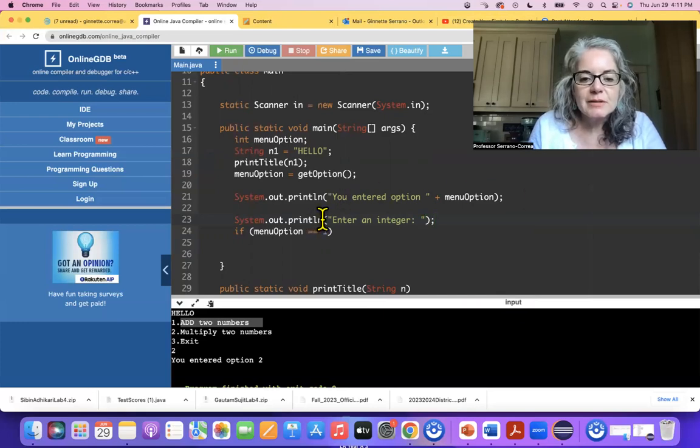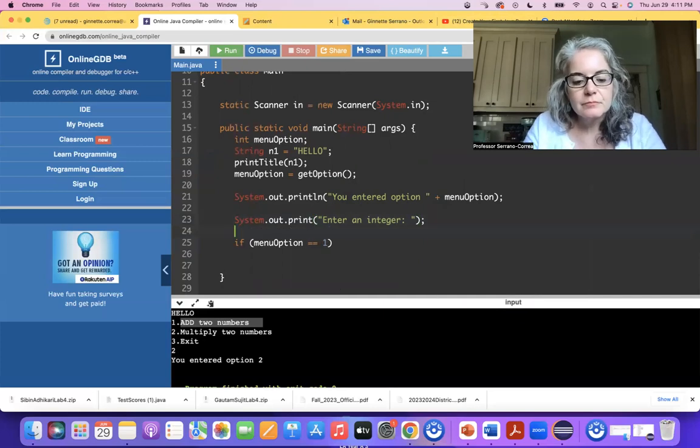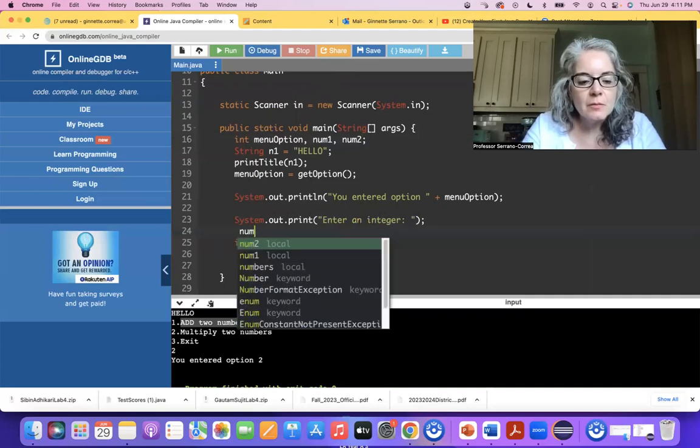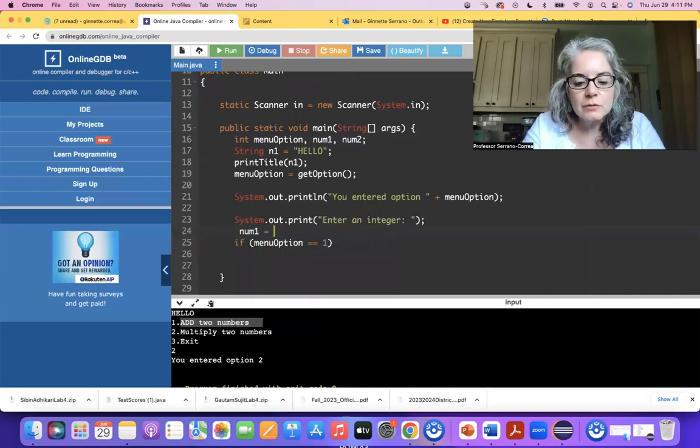And I'm going to do a print statement instead of a print line. And then I'm going to make an integer up here, and that integer is going to be num1. So there's two numbers that they have to enter, two numbers to add, two numbers to multiply. So enter an integer, num1 equals